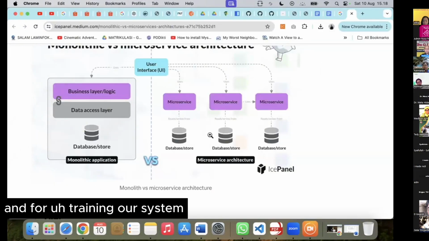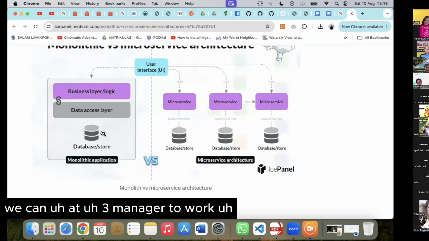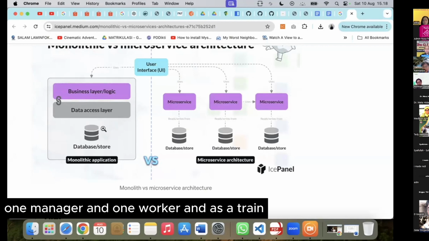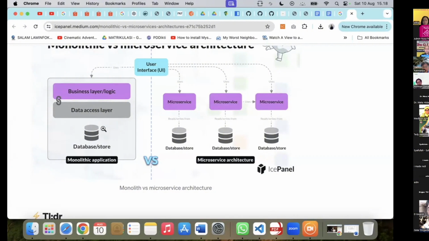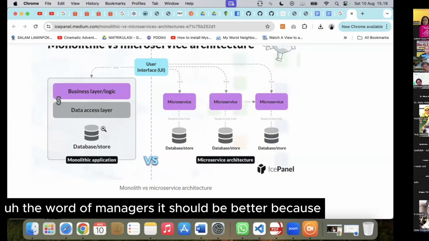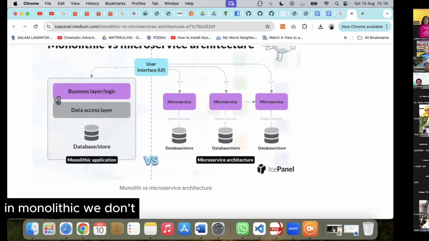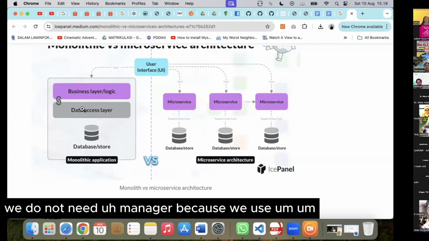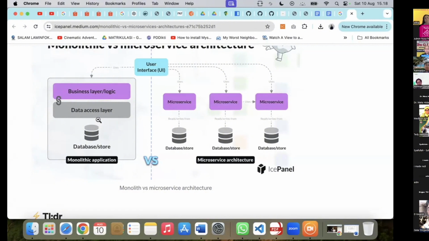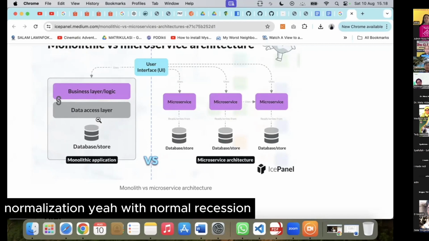And for scaling our system, we can add 3 managers to workers, 1 manager and 1 worker, and so on. The managers should be good, because in monolithic we do not need a manager, because we use primary key and foreign key normalization here.